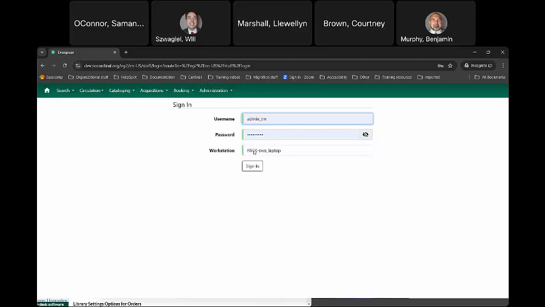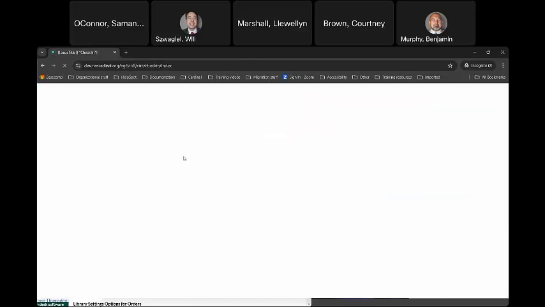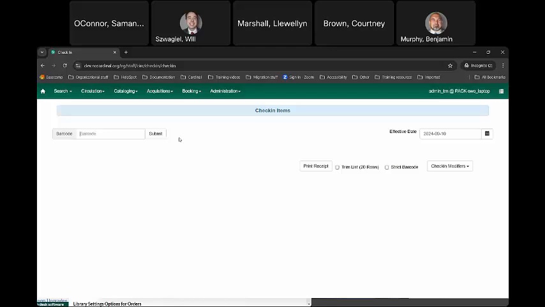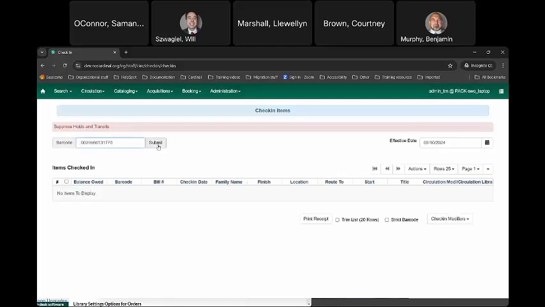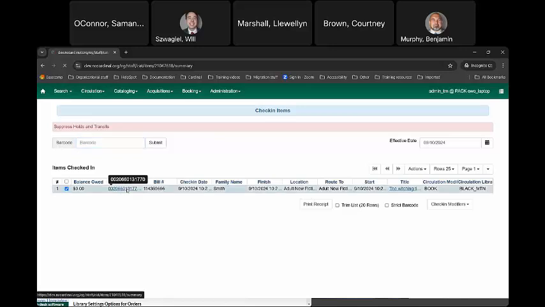So I'm going to log in at PAC now instead. That's a different branch within Buncombe. And I'm going to check the item in at the PAC branch. Remember, we applied Buncombe float to this particular item. It was checked out at Black Mountain. Now I've checked it in, and you can see that it is being routed to adult new fiction. And if I go into the item itself,